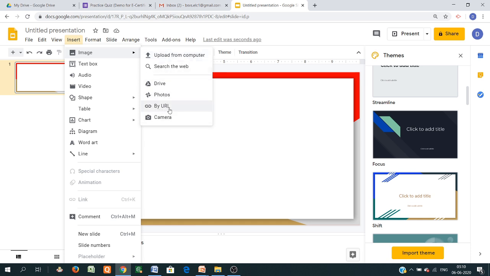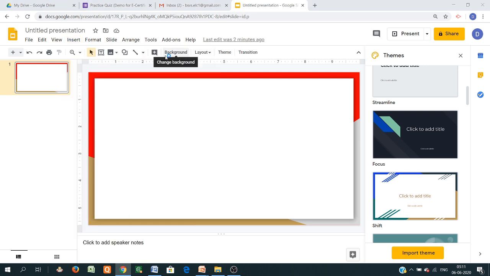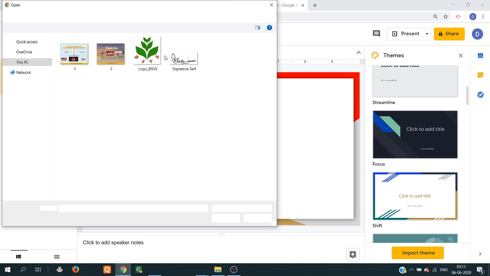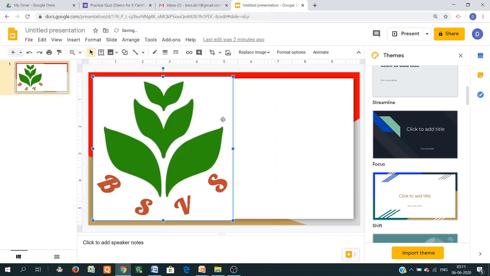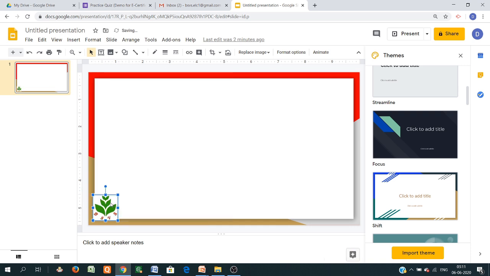You can paste by URL, photos, Google Drive, or any image can be selected by searching the web. But this is very important, just go for upload from computer, select the folder, suppose this is the logo, and just minimize it and put it as per your requirement, where you want to put it. Just scroll down and put.